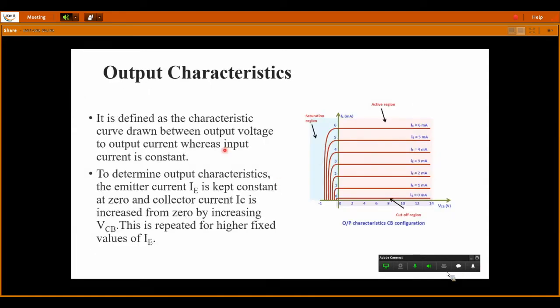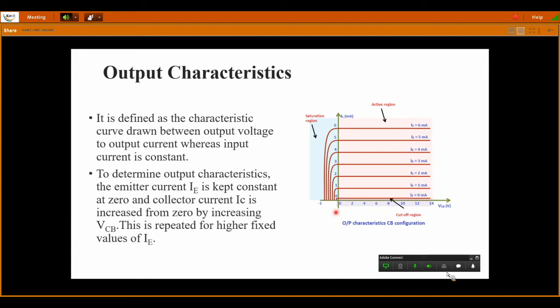Okay, right. So next, the output characteristic with respect to IE in milliamps can be obtained by applying the voltage on your input junction VEE, which is less than the cut-in voltage of your junction diode. If it is silicon, 0.7, you have to apply a voltage less than 0.7. If it is germanium, you have to apply less than 0.3 volts. Then you don't have any emitter current at the input junction. With that, we obtain the emitter current of 0 milliamps.